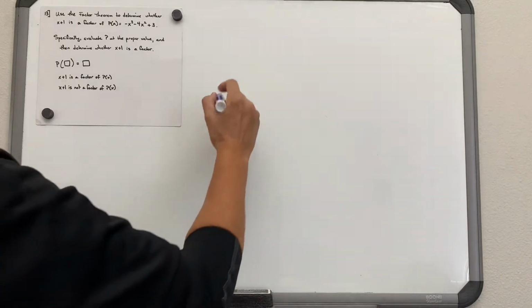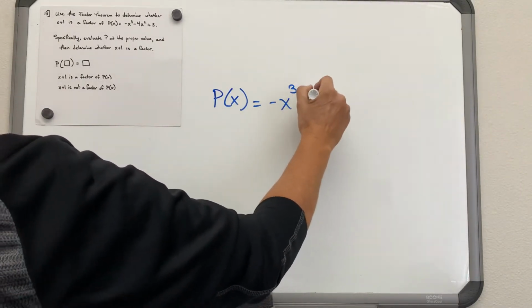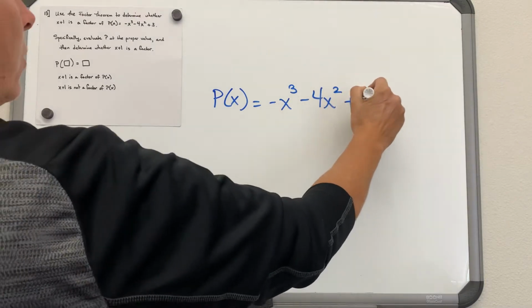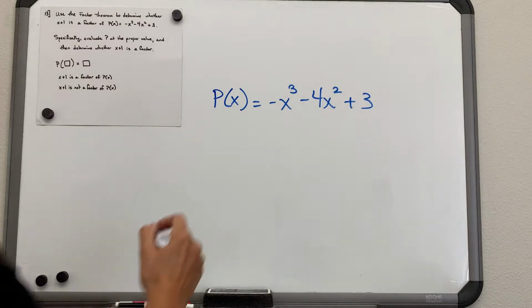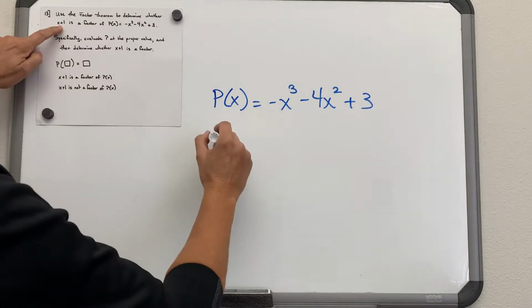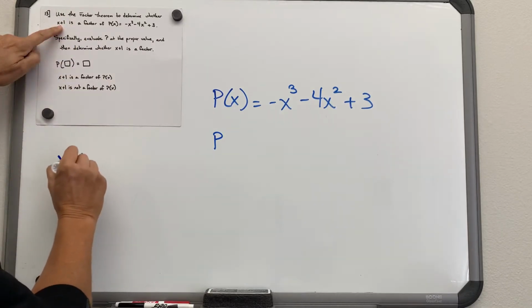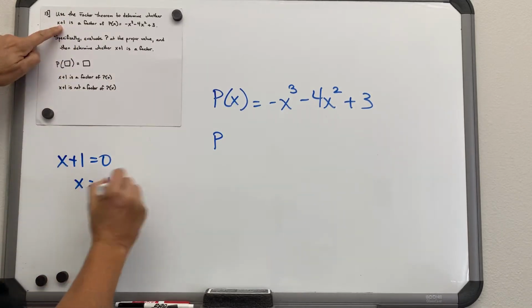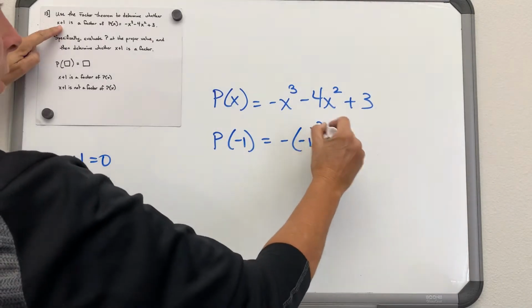In other words, if p of x is negative x to the third minus 4x squared plus 3, then what they want me to do is evaluate what happens when I put the 0 of x plus 1, so that would be a negative 1 is what goes in there. And if I put negative 1 in there,